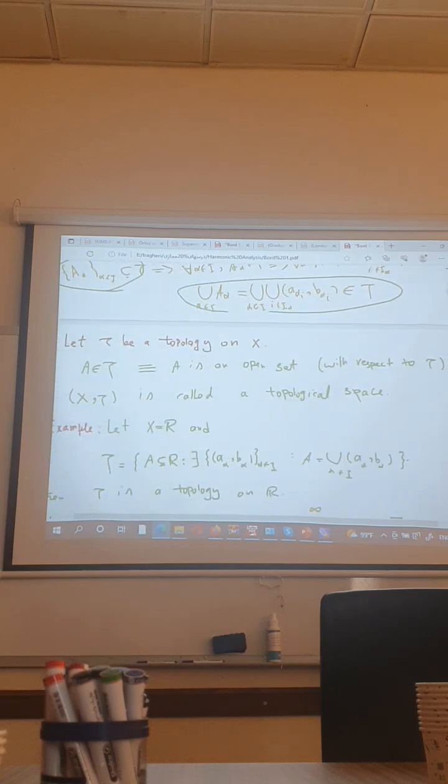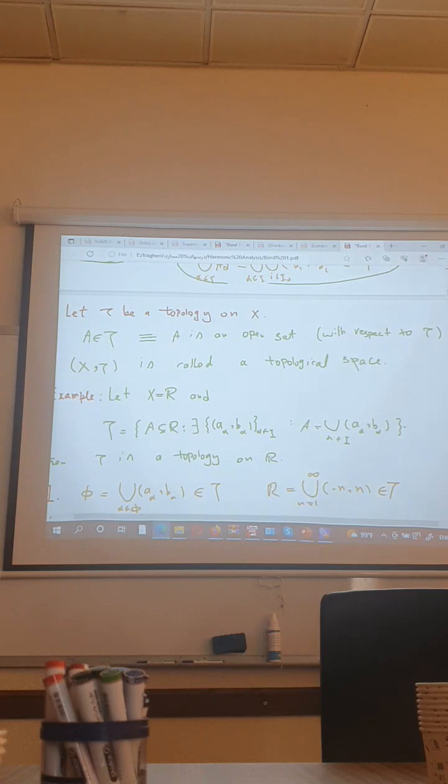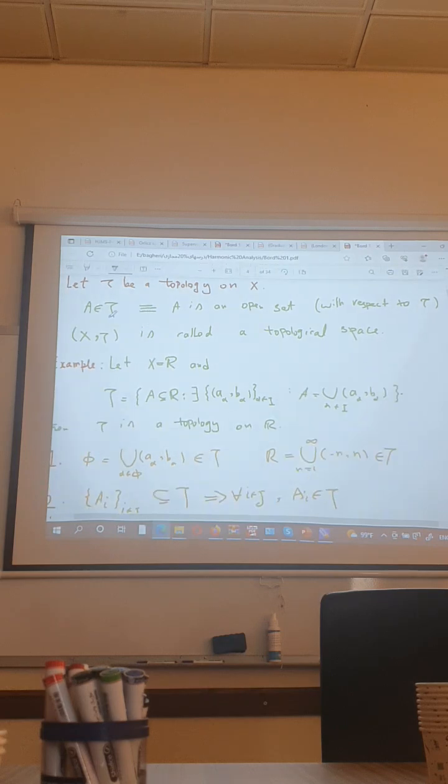This is the definition. Let tau be a topology. A belongs to tau if and only if A is an open set, okay? And X and tau is called a topological space. These are examples. For example,